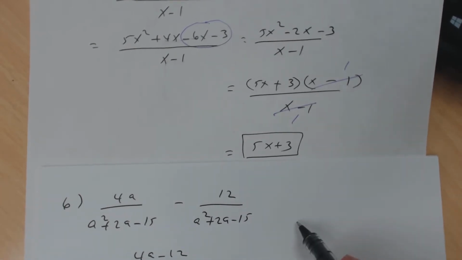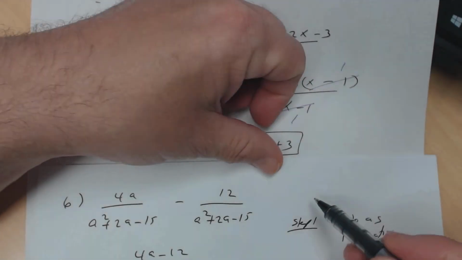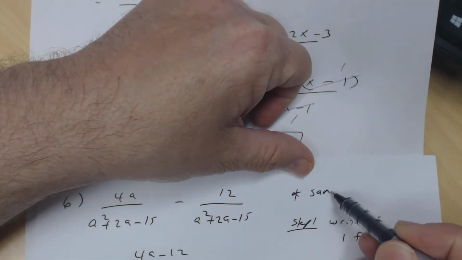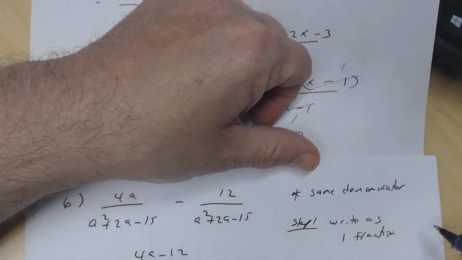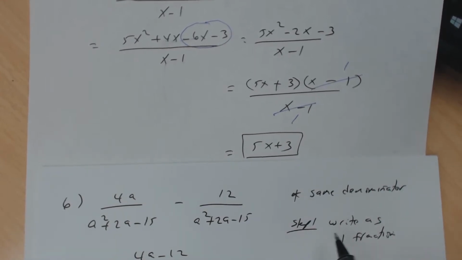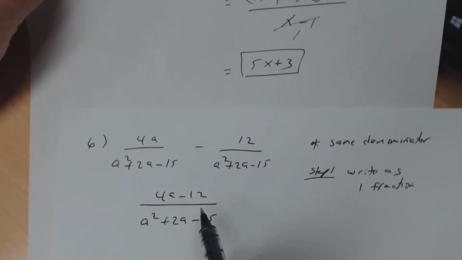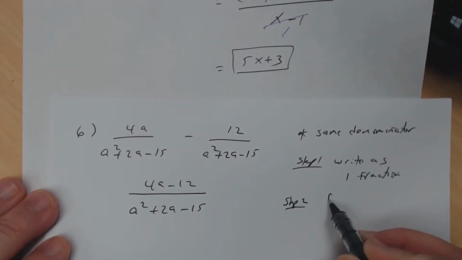All right, so step 1, remember, is to write as one fraction. Now again, that's assuming the same denominators. In the next lesson, the denominators will not be the same, so we're going to remember how to do that. Remember, that's where you have to write equivalent fractions. So write as one fraction. So that's what I did here. Then step 2 is to factor